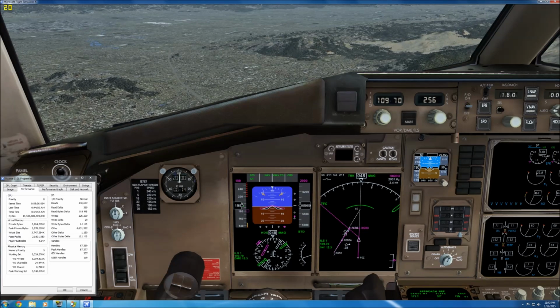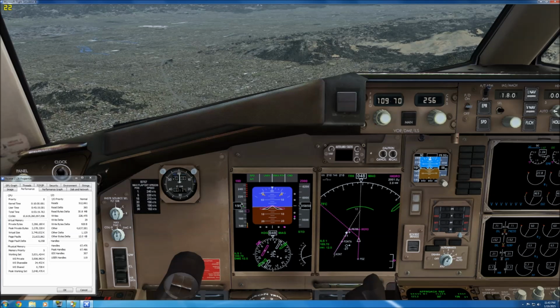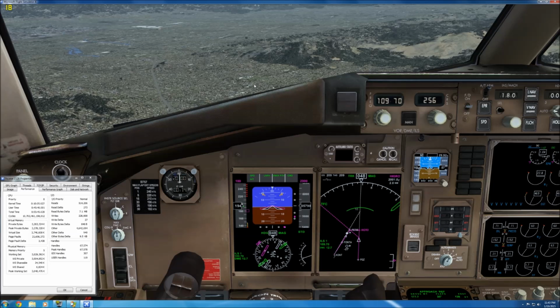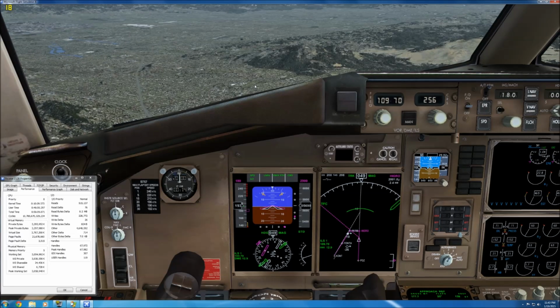Alright, so coming up here to our final part of our approach. We're going to get ready to start our turn here any moment, and we'll look to intercept the localizer. As you guys can see,